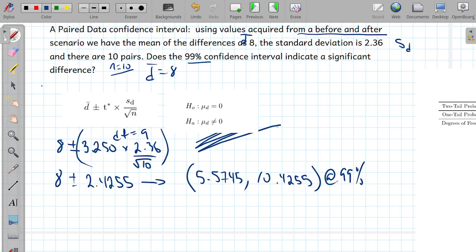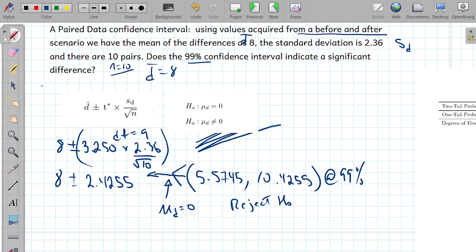Well, where does 0 lie? If we had this on a number line, let's just make some room here. If this was on a number line, 0 would be over here. Mu sub d equals 0 is entirely outside the interval, which means the interval is greater than the hypothesized difference, which would be there isn't one. And this gives us evidence to reject